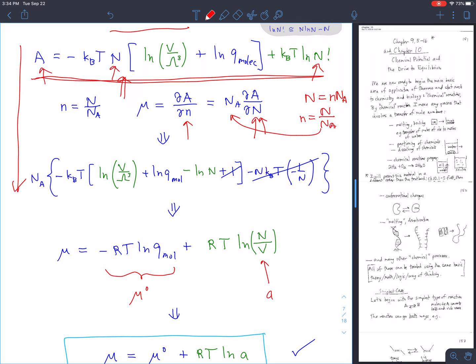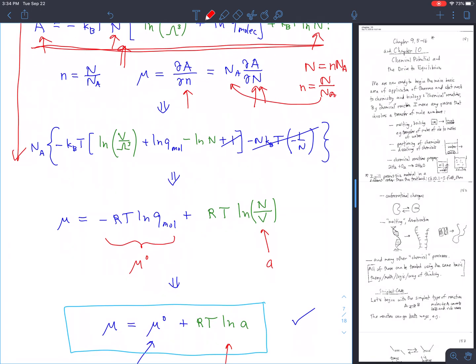of that, and I won't go through the algebra because it's fairly elaborate. But it boils down, after you take the derivative and do a little bit of rearranging, to a chemical potential is equal to a leading term that involves the properties of the molecules. It involves this Q, this little q, that depends on the properties of the molecules, plus a second term that doesn't depend on the nature of the molecule at all, but does depend on the number of molecules per unit volume. That's concentration,